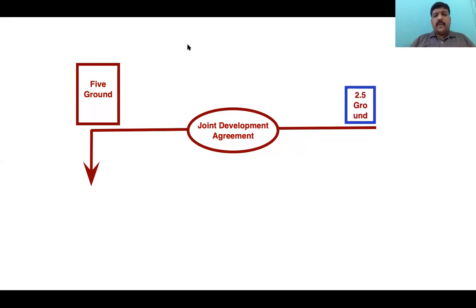You can ask me why the landowner gives 2.5 grounds to the builder. Very simple point, which all of us can easily understand. Because the builder promised that he would construct and give 5 houses, which means on this 5 grounds,